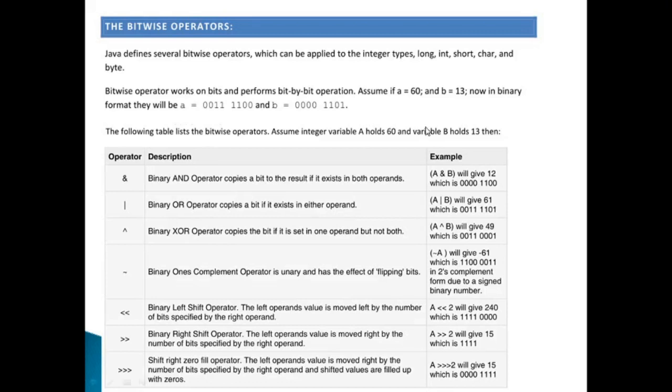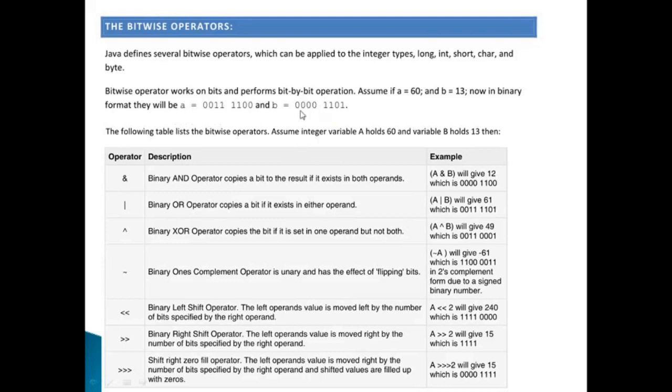Yes, I was talking about bitwise operators. What we did was perform bitwise AND between the two variables A and B. A has the value of 60 and B has the value of 13. We have converted these values to binary, and then we are ANDing bit by bit. So this will result in what? A and B will give 12. Why?